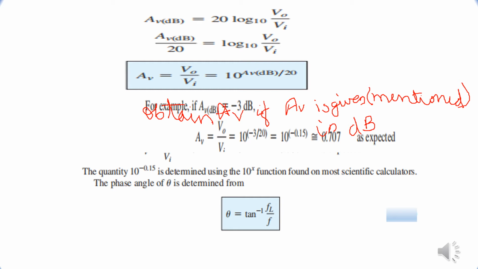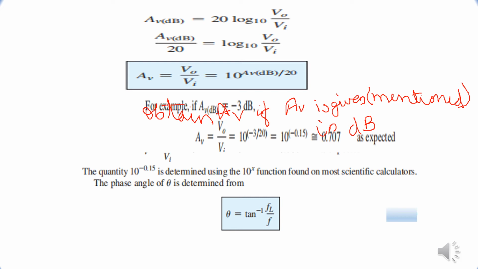This slide is explaining to you the voltage gain conversion to dB. So AV is expressed as minus 20 log of V0 upon Vi to the base 10, which is going to express it in dB. Now if I want to express it in numerical form, that is V0 upon Vi,